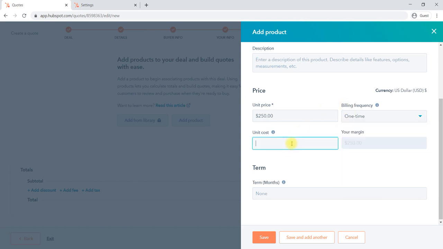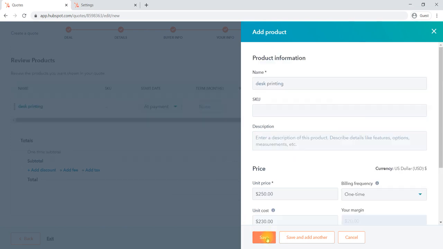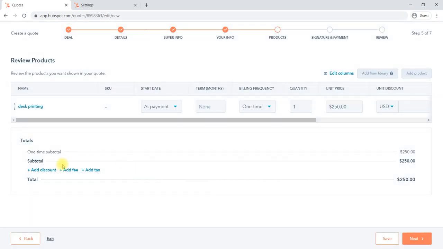And we can enter the cost. It will automatically calculate your margin. This is the price, this is the cost for manufacturing. You can check what margin you will get, and say save. Like this you can add products. Then go to next.